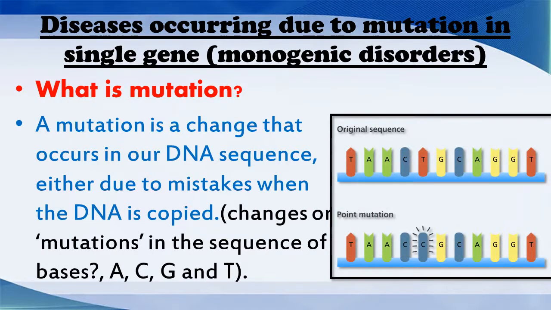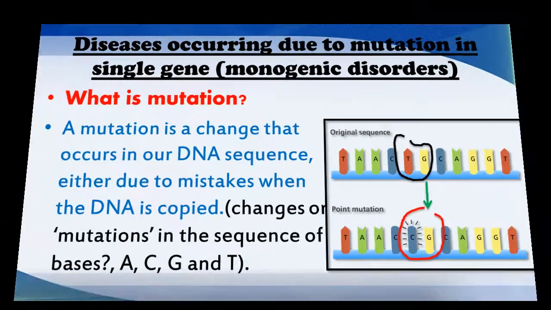Okay, so here alongside you can observe one diagram in which above is the original sequence of the DNA, and below it is the point of mutation. Here in the original sequence, the sequence is thymine, after it is guanine. But where the mutation has taken place, the sequence has been changed. Instead of a thymine, here cytosine is added, or the sequence is changed. So this is the mutation.